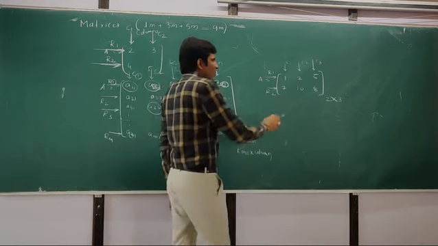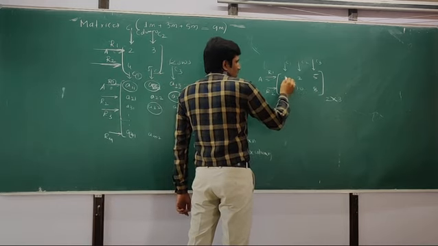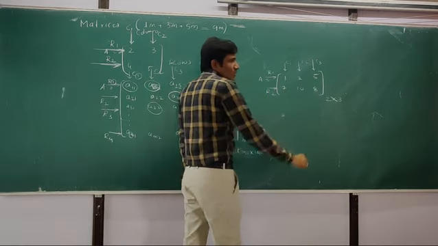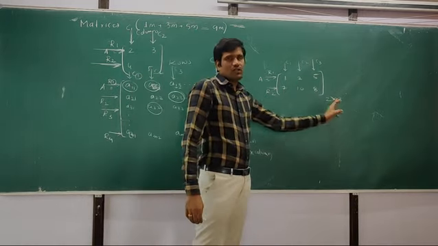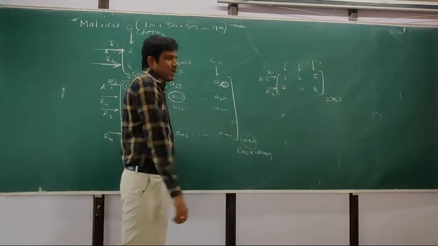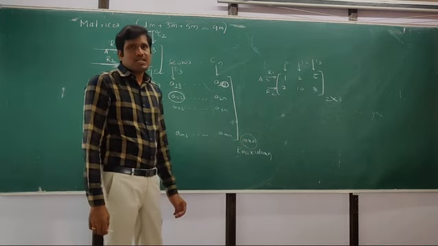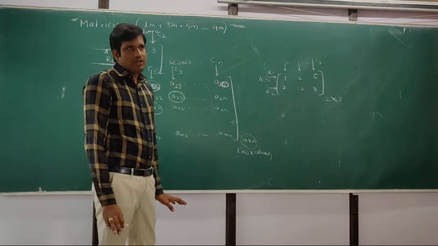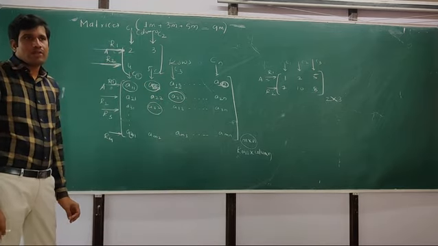The total number of elements present in this matrix is 2 into 3. Check here: 1, 2, 3, 4, 5, 6. So the number of elements in the given matrix is 2 into 3, that is 6 elements. In general, if the order of a matrix is m cross n, then the total number of elements present in this matrix is m into n. Right? So now we understood how to represent any matrix in general. Right?